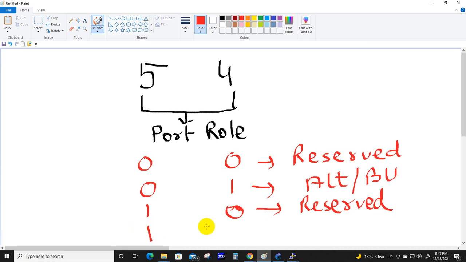And it defines it is DP, that means designated port. Clear? হ্যাঁ স্যার। Any doubt? না।